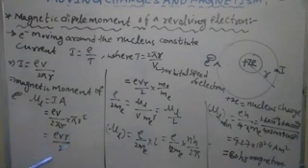Sometimes they will ask this in the board exam or competitive exams. Write the expression for the magnetic dipole moment of a revolving electron: evr by 2. Here e is the charge of the electron, v is the speed of the electron in a particular orbit, and r is the radius of that orbit, the orbit in which the electron is revolving. Remember, the magnetic dipole moment of a revolving electron in a particular orbit is evr by 2. Here e means the charge of the electron, 1.6 into 10 power minus 19, if you know the speed of the electron in the particular orbit and the radius r.